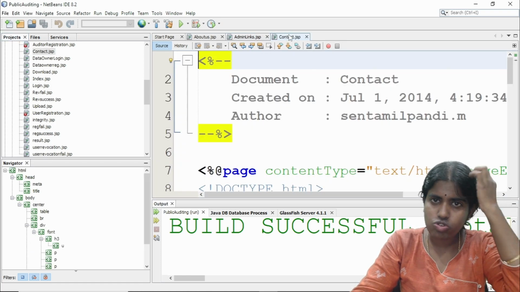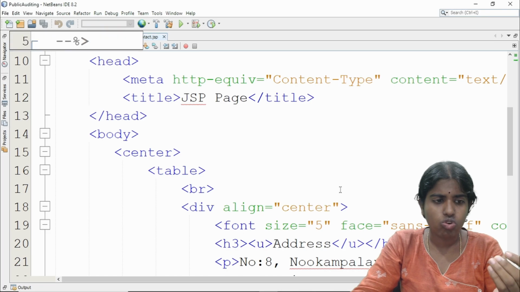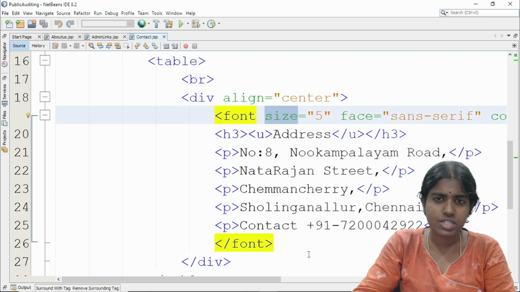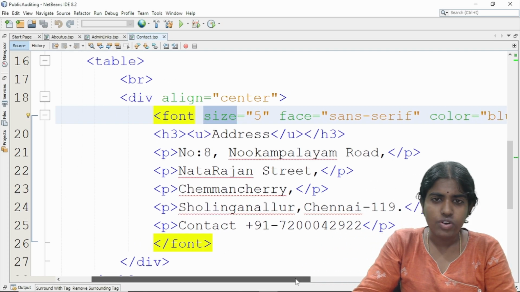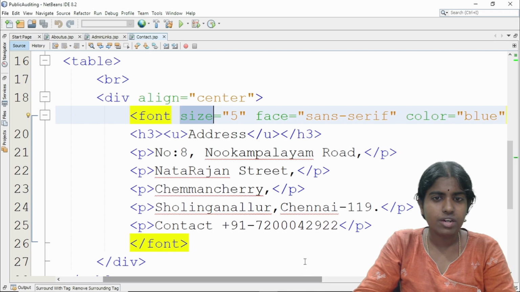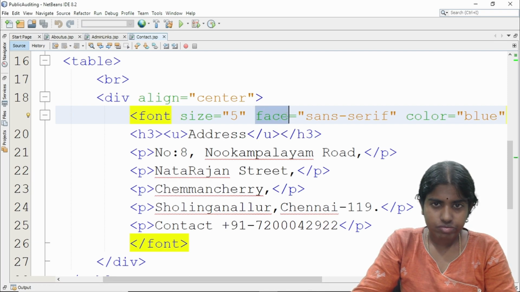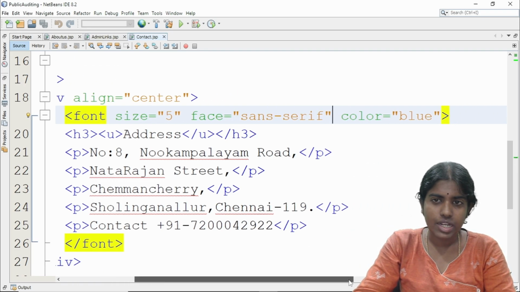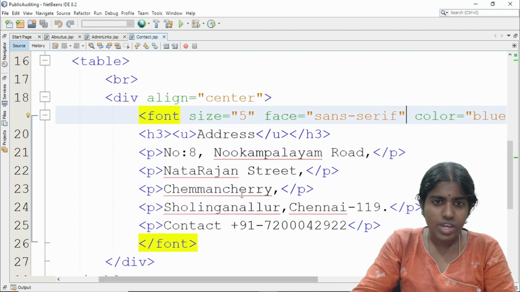So whenever I have this contact.jsp file, you can just go here. So I have the font size. Whatever is the font size, I'm just mentioning the font size here. And then I'm having this face, font face, and color. Whatever is the color, I'm just mentioning the color here. So I have the address.